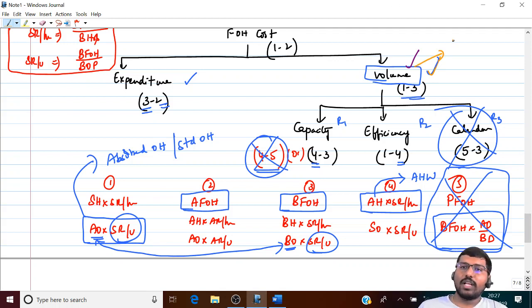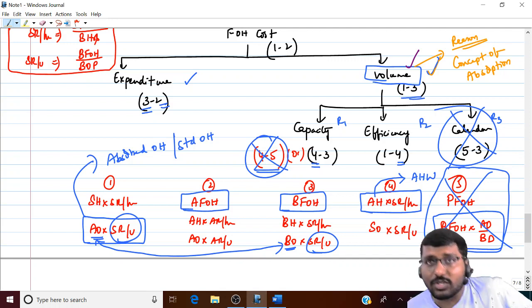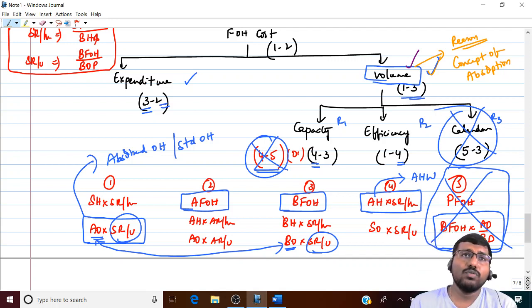Okay, there is a one word answer. That reason is the concept of absorption. I need not explain it again, because I already explained the concept of absorption, correct? What is the concept of absorption basically? I do not know what my actual overheads are right at the beginning of the year. But unfortunately, since costing is a continuous process, right from day one, I have to manufacture and sell the goods.